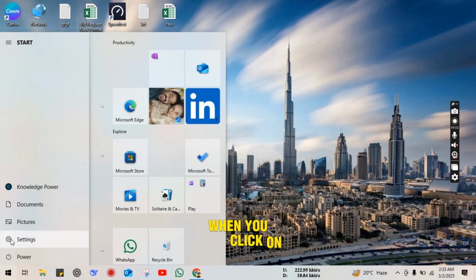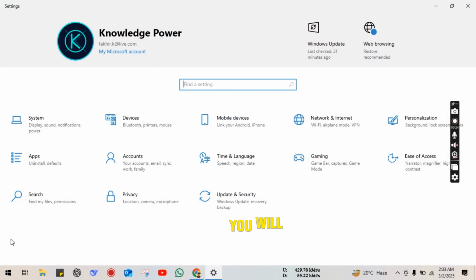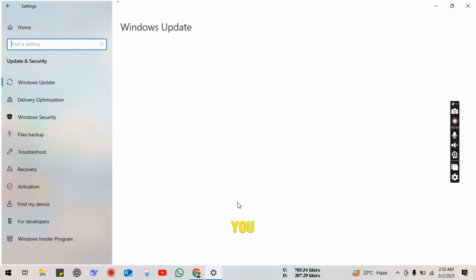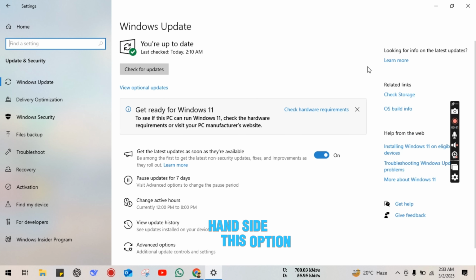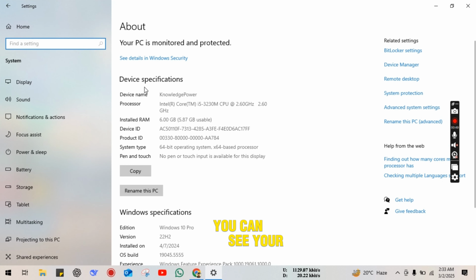When you click on Settings, you will be able to see this screen, and then you need to go to Update and Security. When you click on that, you can see on your right-hand side there is an option for OS build info. When you click on that option, you can see your device name, the processor that you are